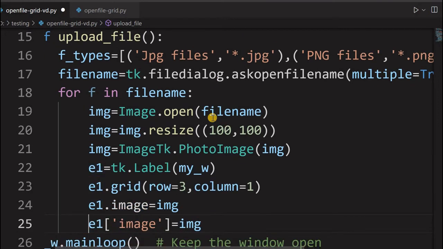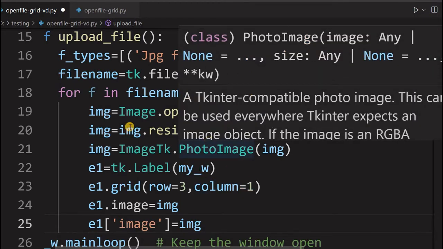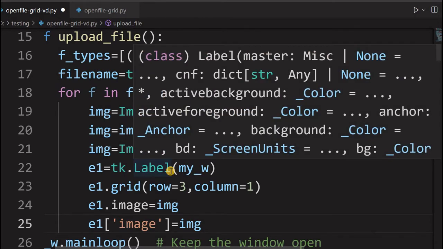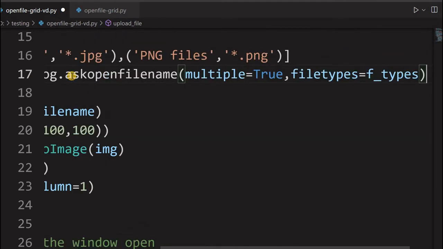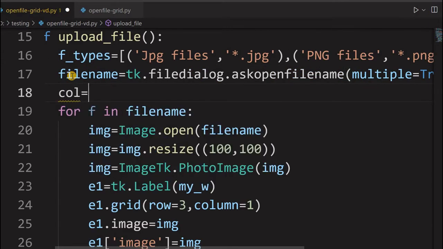Now for every file it will do this, but what happens in that case? I have to shift it to the right, because the next image will be to the right of it, so the column should increase by 1. For that purpose, let me declare a col variable, which I am setting first as 1. Now what about row?